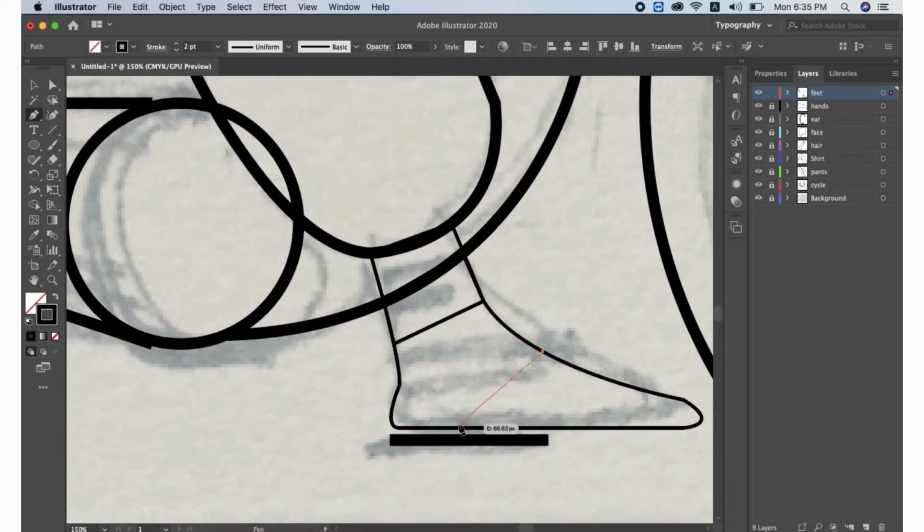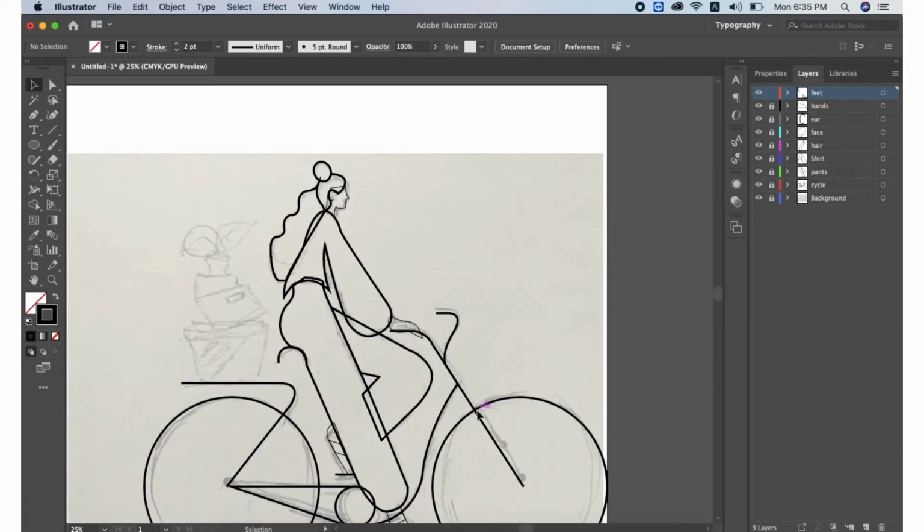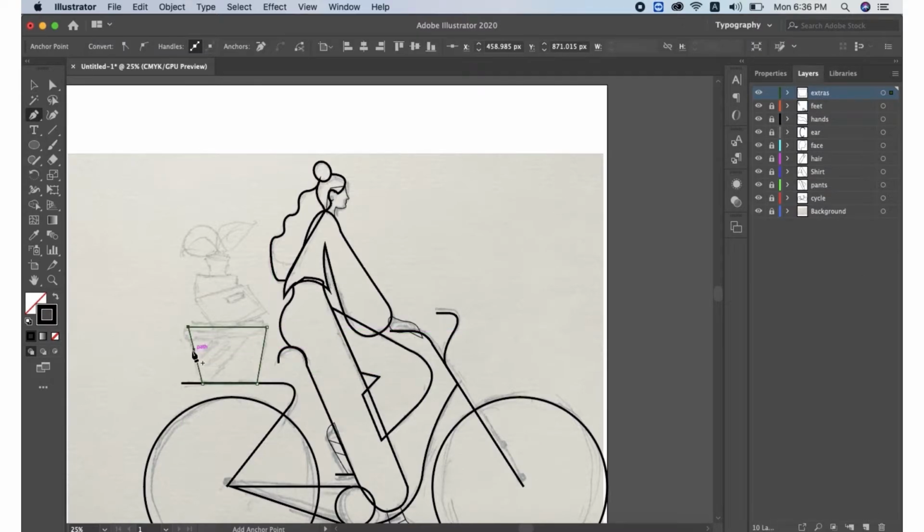Now I am going to add a couple of straps to make them look like sandals. Now creating an extras layer, adding a couple more elements to my vector.